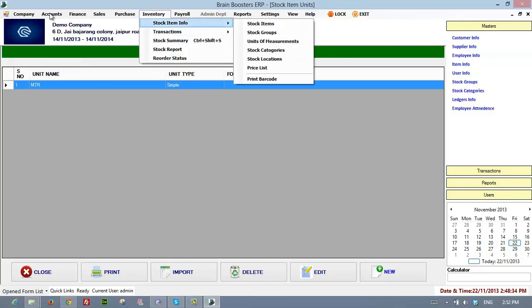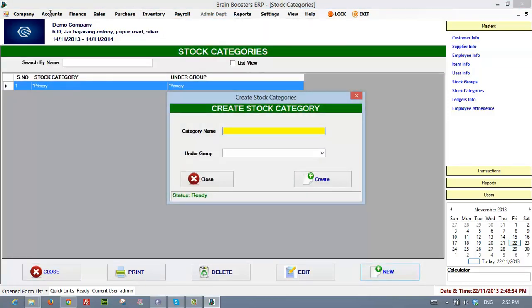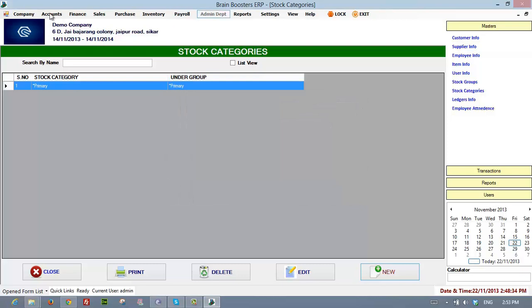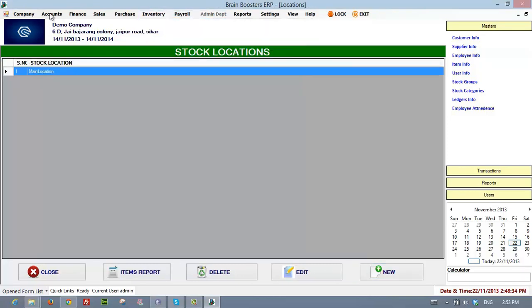You can control the units also, like kg and grams and many more things. You can add stock categories from here, like if you are selling grocery, clothing, anything. You can control any store with the help of our ERP. And stock locations,